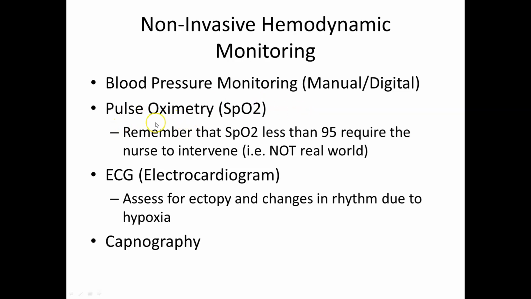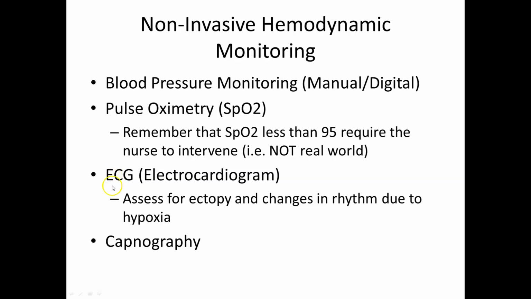Pulse oximetry, it's either continuous, it's intermittent. Make sure that you have an order to titrate if needed. Make sure that you have them on the correct amount of oxygen and on the correct oxygen delivery device. That we want these clients, because this is a cardiac client, that they're going to be on continuous monitoring. So we're either going to be doing